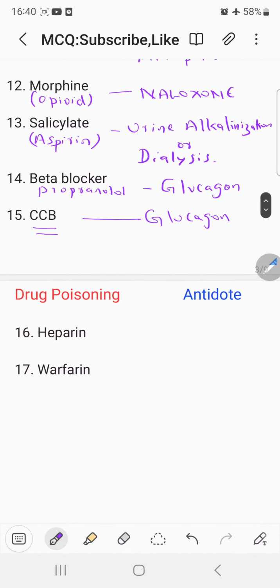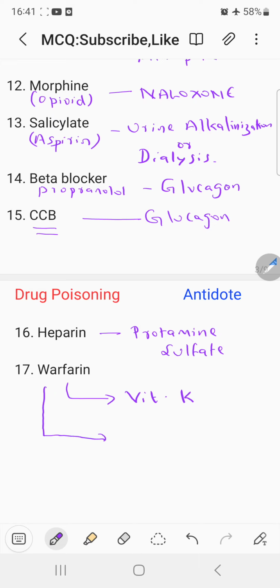Now, coming to heparin poisoning, heparin is an anticoagulant drug. So in the case of heparin poisoning, the antidote is protamine sulfate. Now, coming to the last one, in the case of warfarin, the antidote is vitamin K. Vitamin K is the antidote. However, if warfarin poisoning is accompanied by severe bleeding, in addition to vitamin K, the major antidote will be